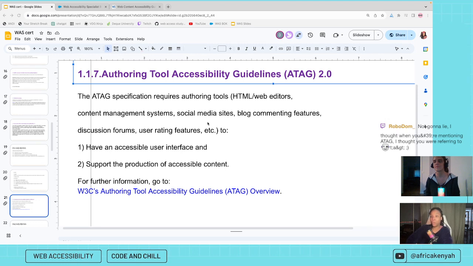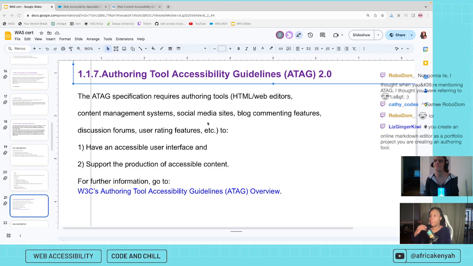And it has 2 rules, which is that whatever you create as a creator of an HTML web editor or content management system, like WordPress or Weebly, for example, if you're making a social media site, blog commenting features, discussion forums, user rating features, any of those things, they must have an accessible user interface and they must support production of accessible content.